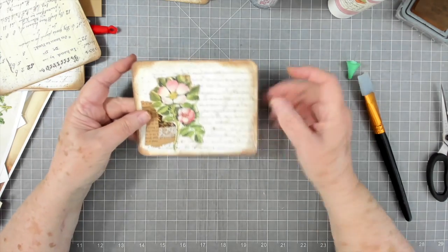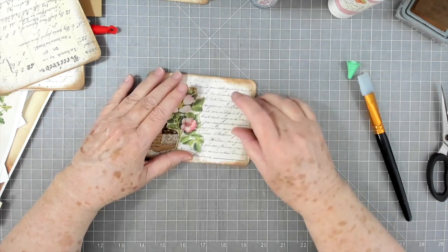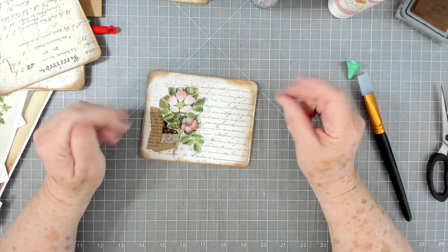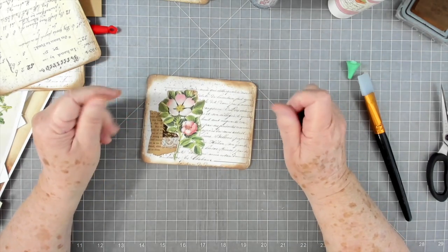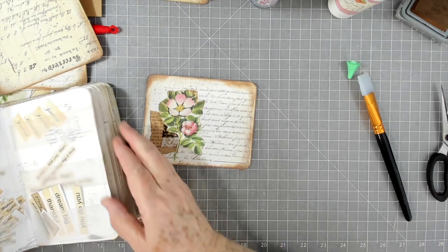I don't know if I want to put anything over here. I love that writing. But I'm thinking it's going to need something. What do we want to put there? We might put, let me look in here. We may use,